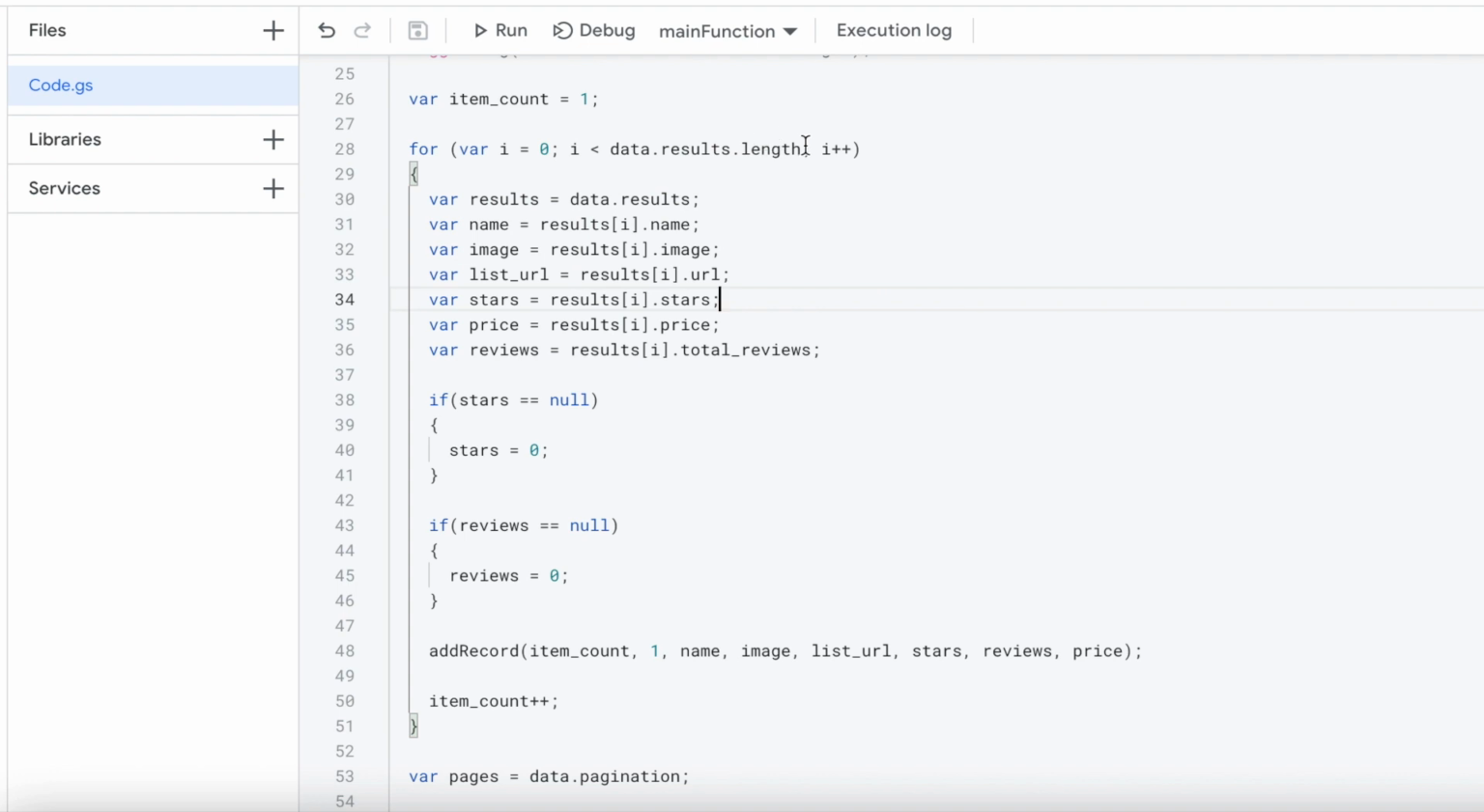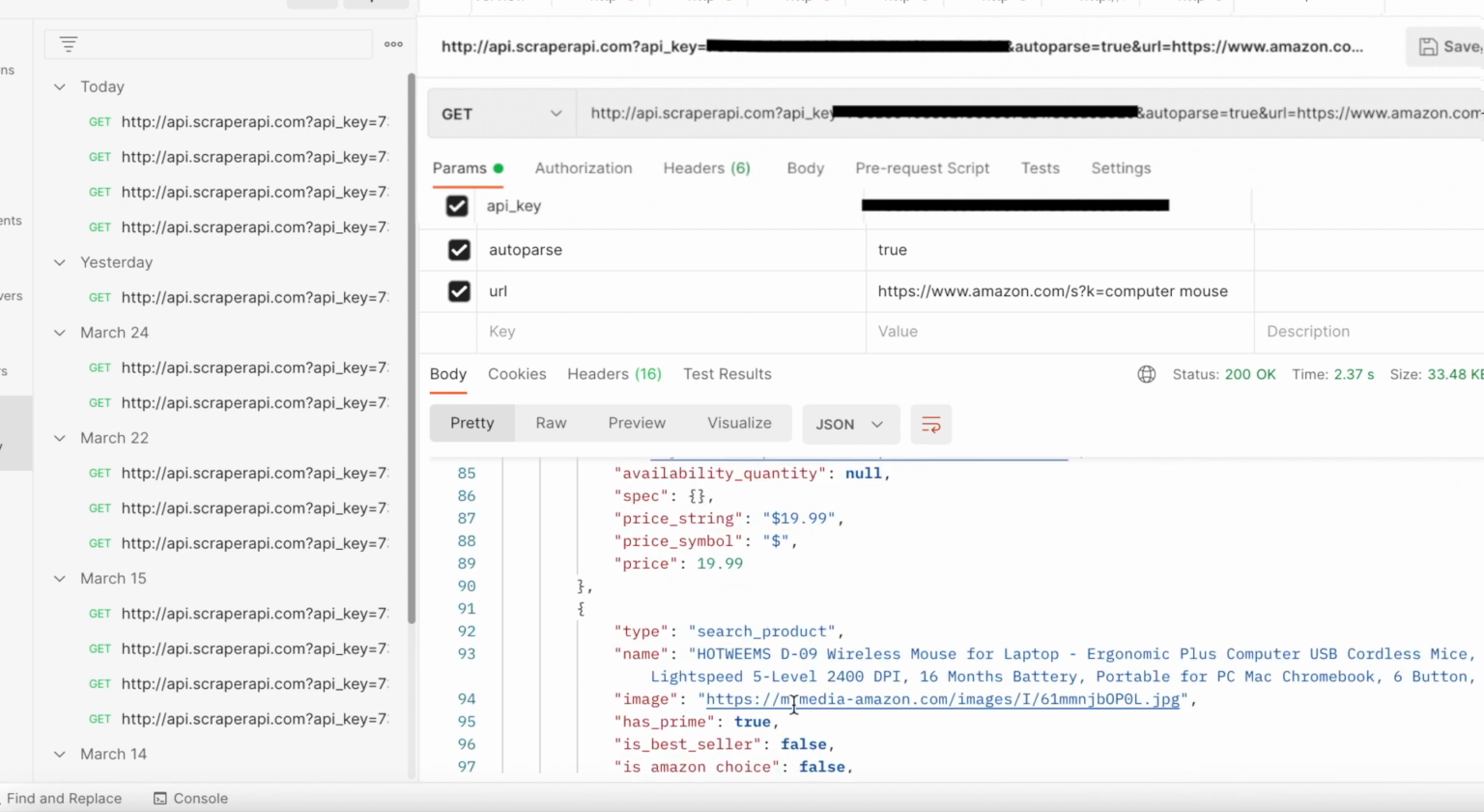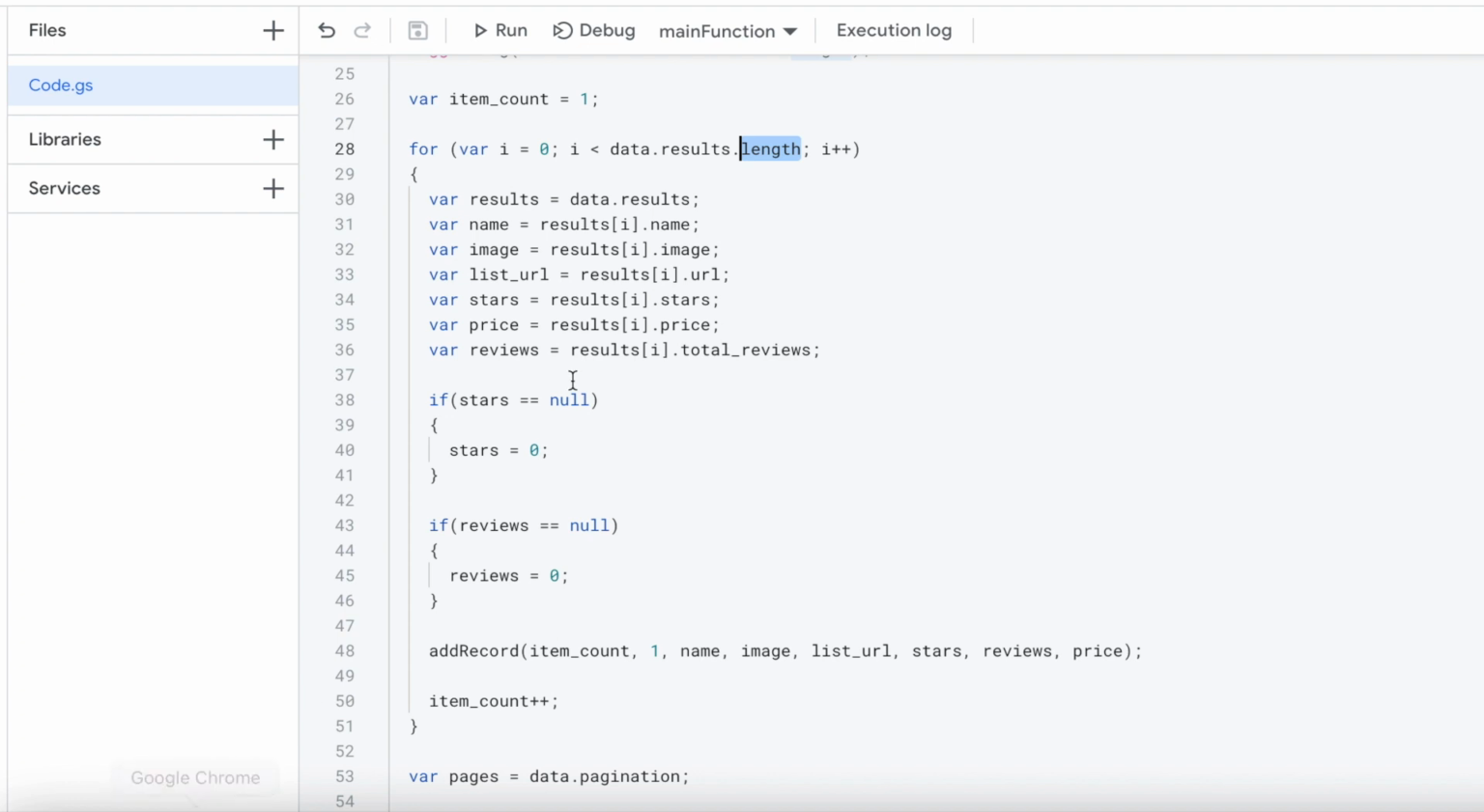So I got my results, I'm checking the length, and then I'm going through each one. This is my first result, my second result as it counts through. I'm going through each one with this for loop. And then from the results, which I'm cutting my data results, now I got my results object here, and then from there